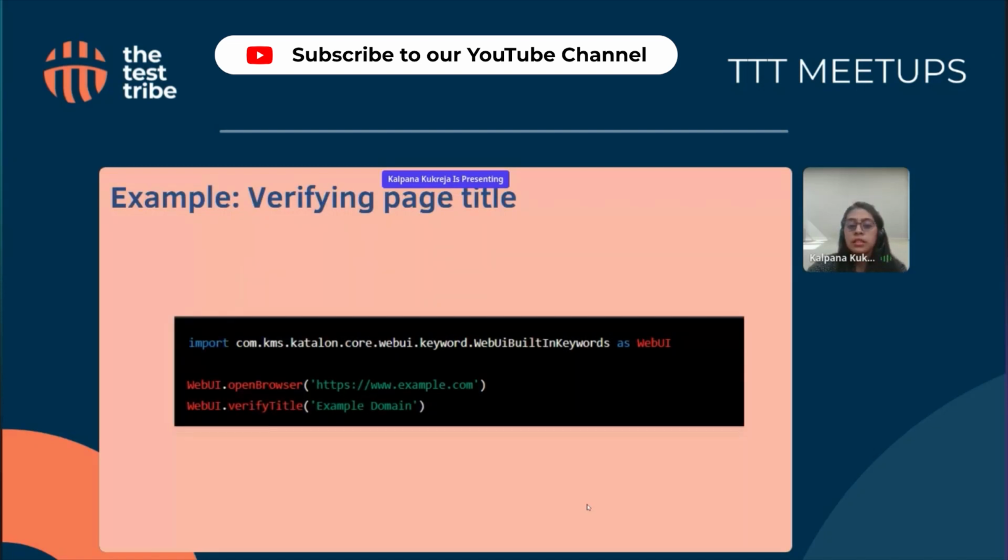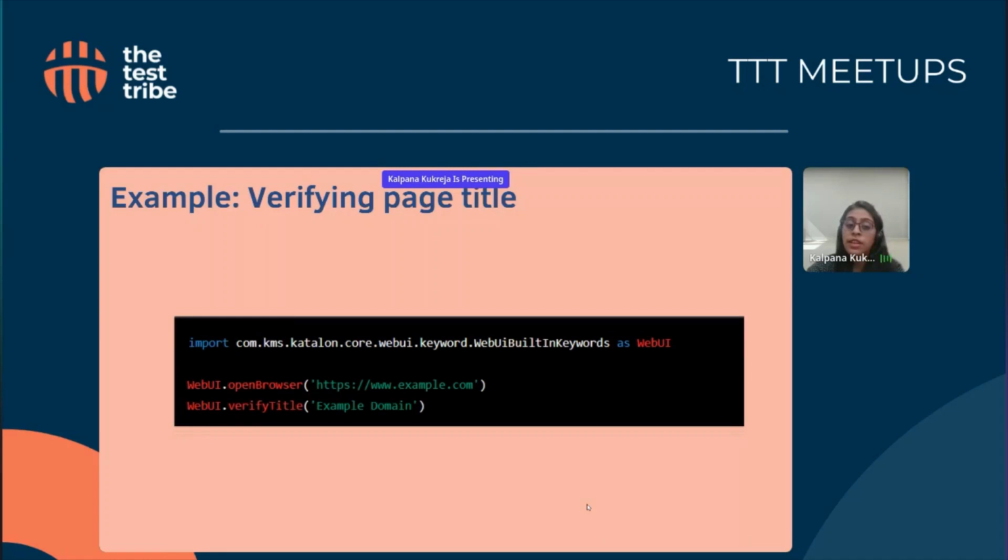So this is it. This is just 2 lines of code, where the first line says navigate to a URL, and next there is a verify title, and you just give the expected page title as an argument.